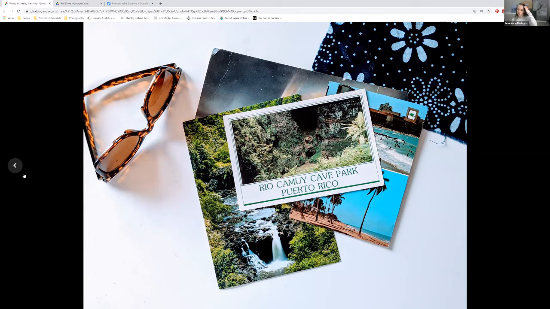Okay, so if we're specifically thinking for social media, because that would be the primary way in which you need photos